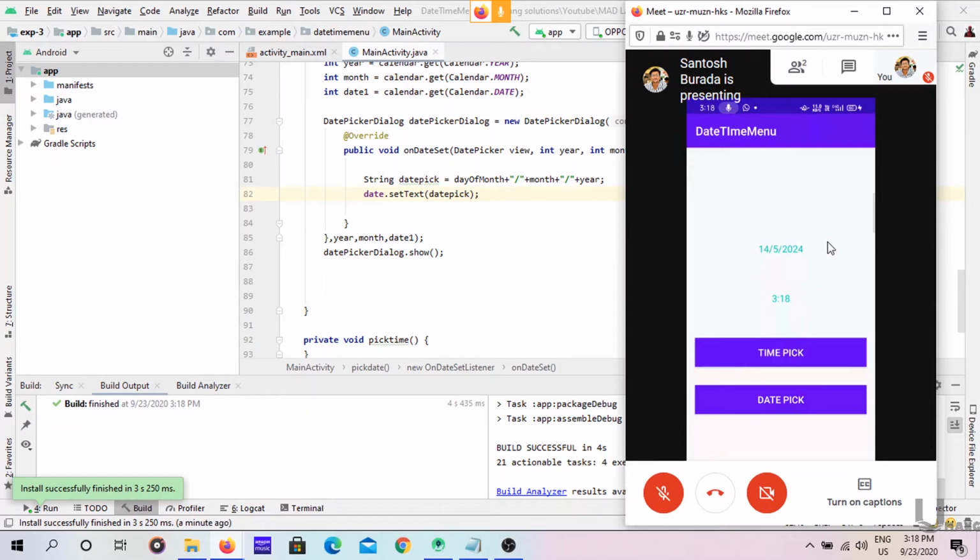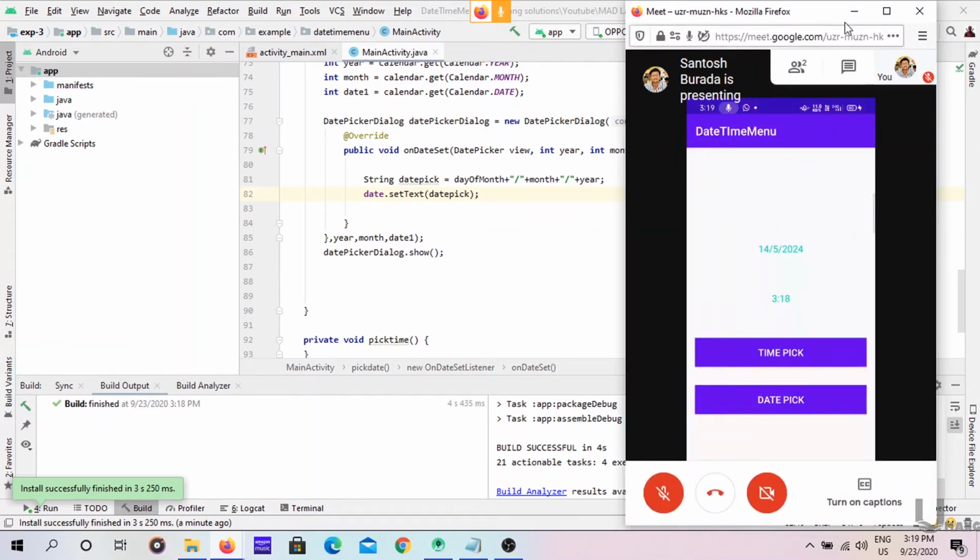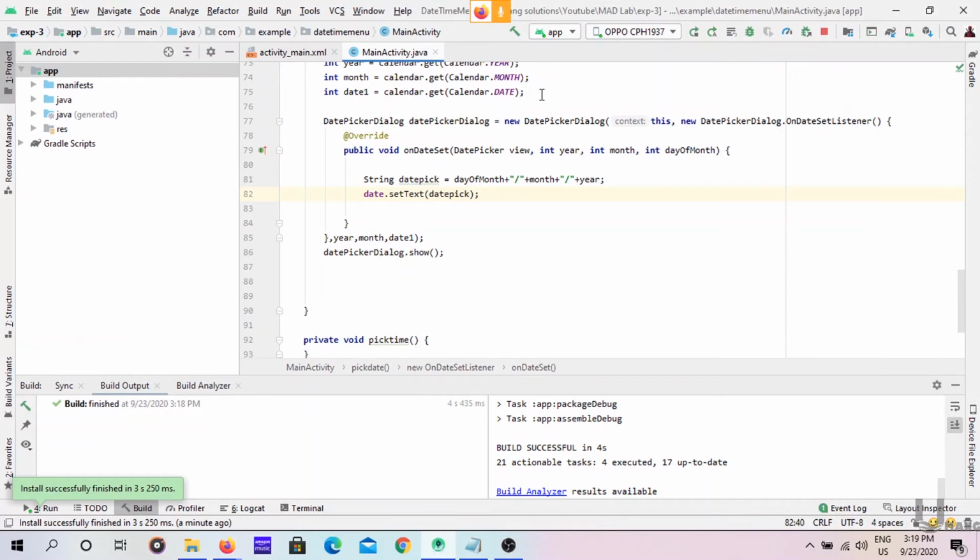According to the user, I picked 2024 as the year, and June. So you see here the indexing starts from 0. That's why June is 5 according to this calendar class, but it shows 6. So what we have to do is increment the month.